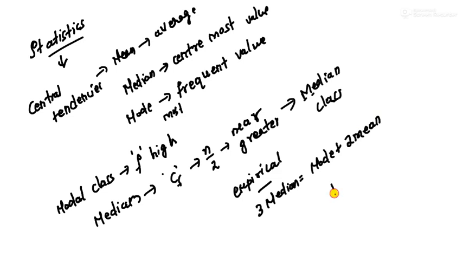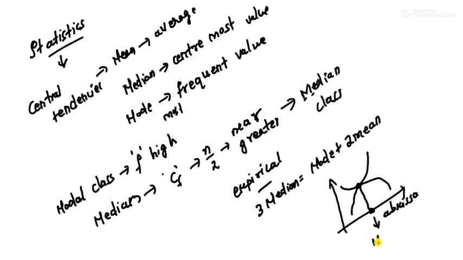And then an ogive curve is given. For example, if there is a curve something like this, and one more like this, then the point on the x-axis here, also called the abscissa, will give you the median. Remember this. For example, here the point was 2 comma 4, so the median is 2. This is the y-axis, this is x.